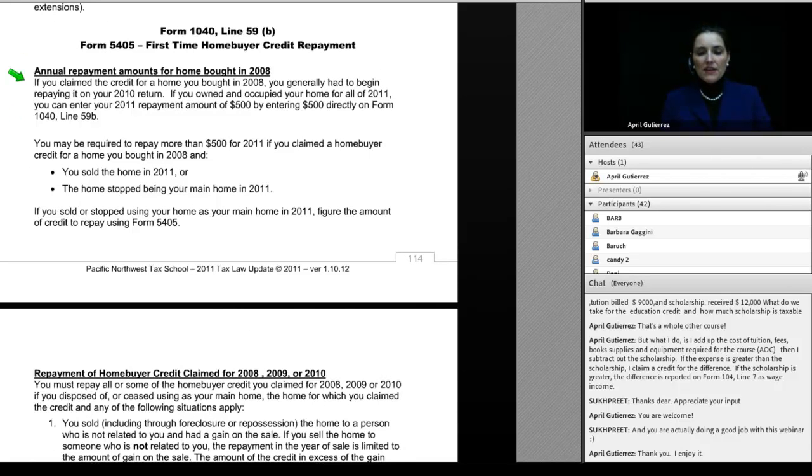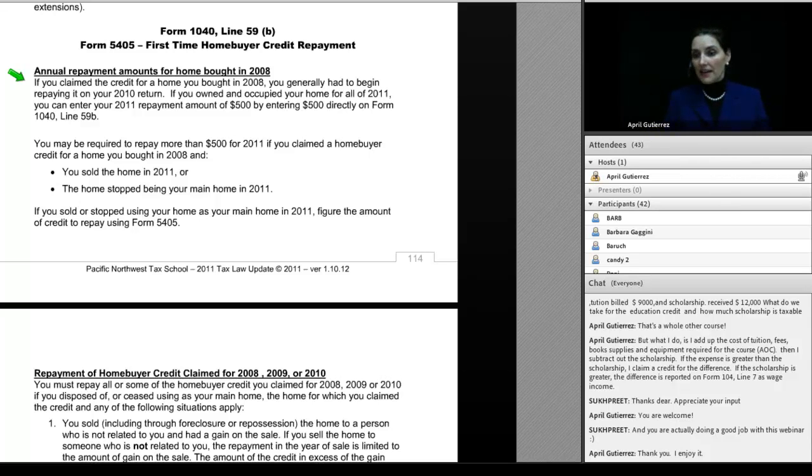Form 1040, line 59B. This is a tax line specifically dedicated to repaying the first-time homebuyer credit. Now, we have had 3 different first-time homebuyer credits in a 3-year period, actually within a 2-year period. The first-time homebuyer credit was the 2008 credit, and that credit was a maximum of $7,500, and it amounted to essentially being an interest-free loan of $7,500 that needed to be repaid over a 15-year